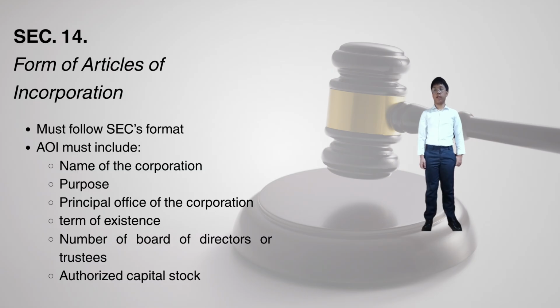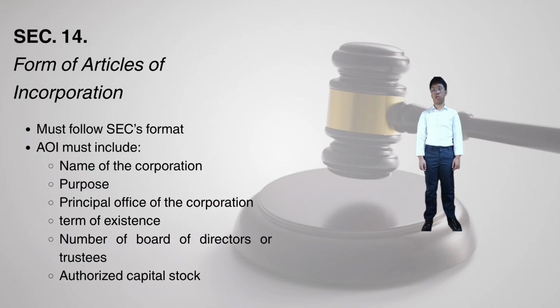Section 14, Form of Articles of Incorporation. Unless otherwise prescribed by special law, the Articles of Incorporation of all domestic corporations shall comply substantially with the following form. The undersigned incorporators, all of legal age, have voluntarily agreed to form a corporation under the laws of the Republic of the Philippines and certify the following. First, that the name of said corporation shall be blank, Inc., Corporation or OPC. Second, that the